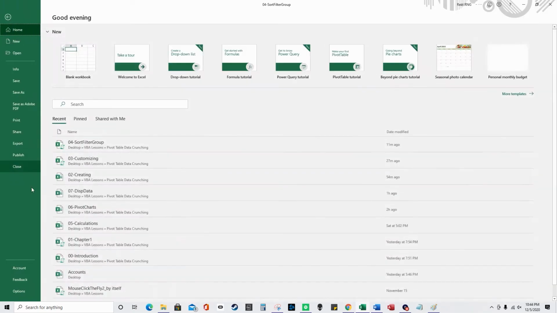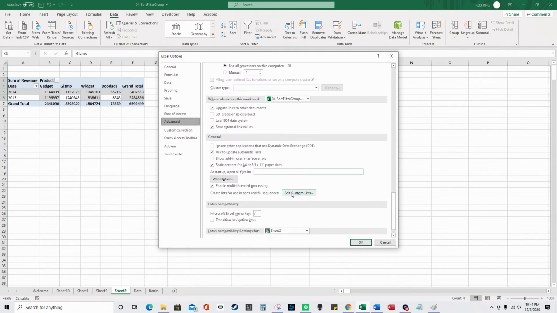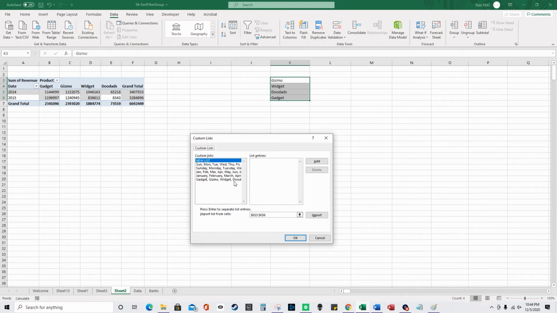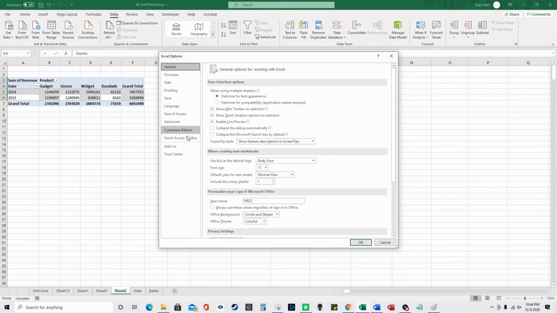So I'm going to go to File, Options, Advanced, scroll down to General, Edit Custom List. I'm going to do New List. It has my selection over here. You click here and then select it. I'm going to click Add and press OK. So now the next time you go there,